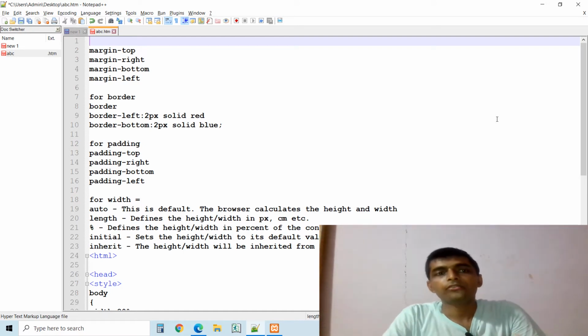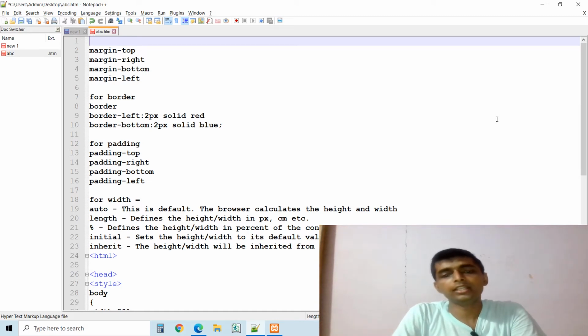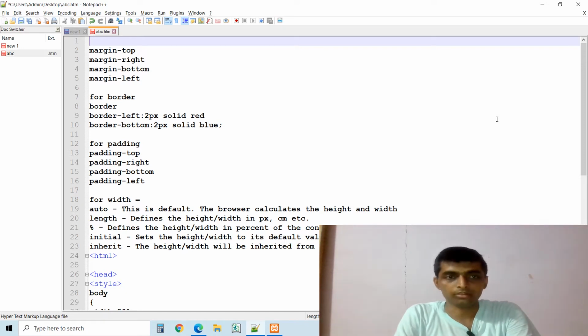So, what are we teaching today? What is the special topic we are teaching today? How to set up styles for a particular HTML element so that it has proper margin, proper padding, and proper border. And if you are setting width and height, how can we set these in the proper way so that the whole page will look proper?